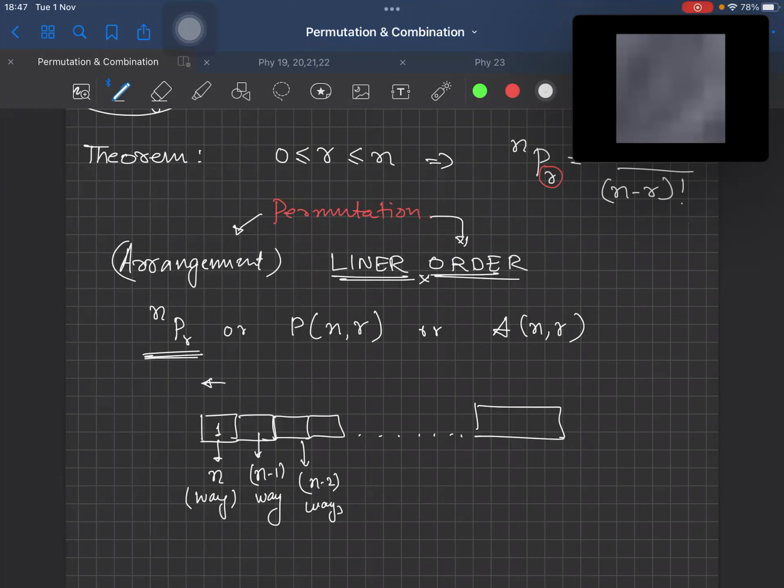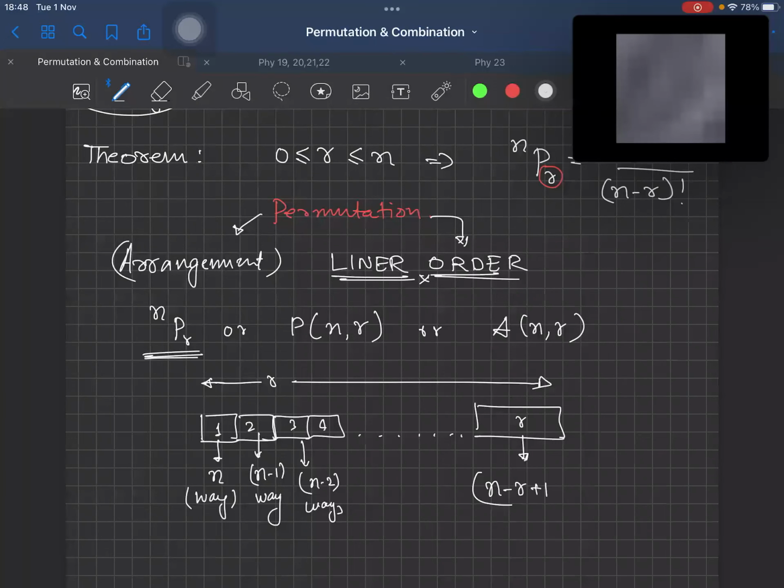Like we have also done problems based on this yesterday, right? So this is 1, 2, 3, 4, and up to R. Okay, R can also be equal to n. That means you are taking all the numbers at a time. I will do examples based on this. Don't worry, we'll do a lot of problems based on this. So here it can be filled with n minus R plus 1 ways, right? Is this clear why n minus R plus 1 ways?